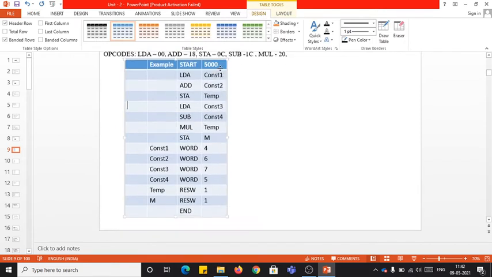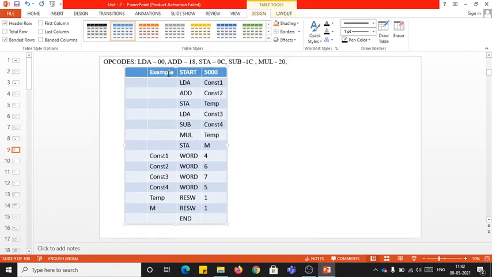As we all know, you can start assigning the address from the given starting address, whatever address is given with the start instruction. So here is the start instruction. Whatever address is specified with the start instruction will be the starting address. So this is the starting address right here. It is 5000. So pick up that 5000 from where you need to start assigning, and definitely you don't need any memory space for the start instruction. So the next address would be again 5000, right?